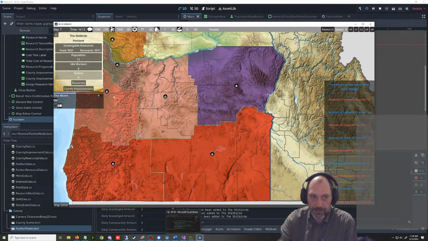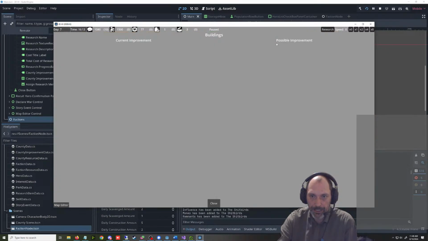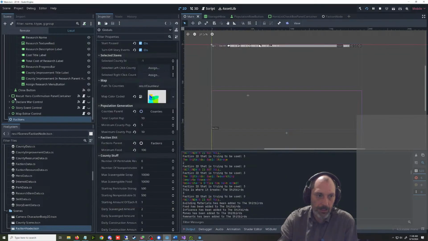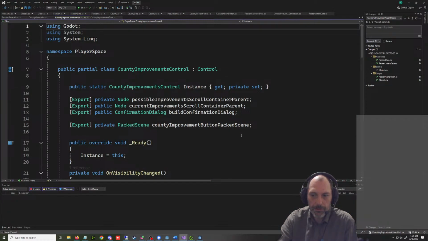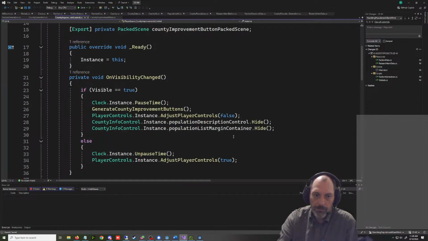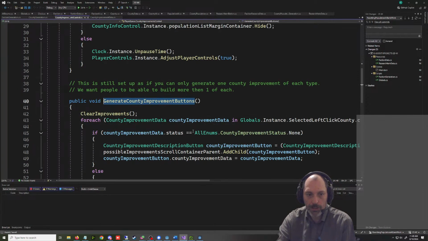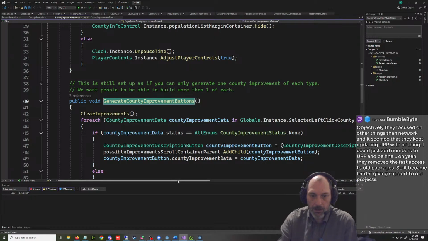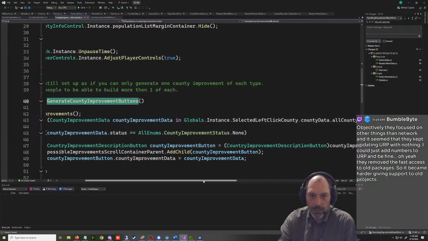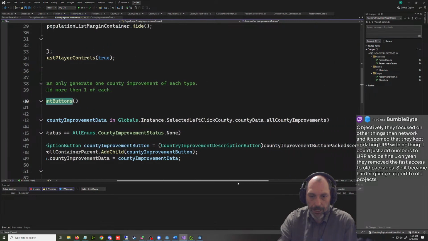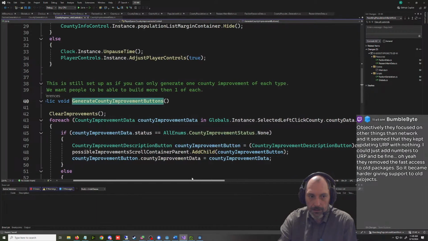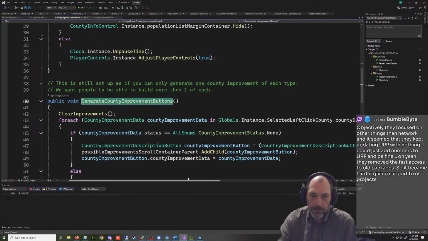So let's go back to this county improvements page and see what the problem is here. County improvement control. Generate county improvement buttons. This is going to be the one. So it's going through all county improvements. And so do we know